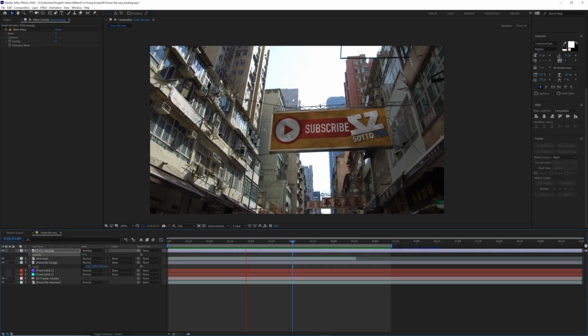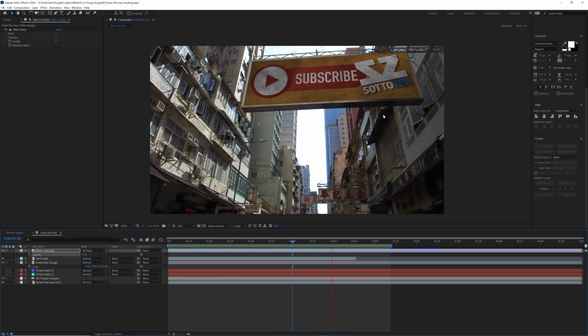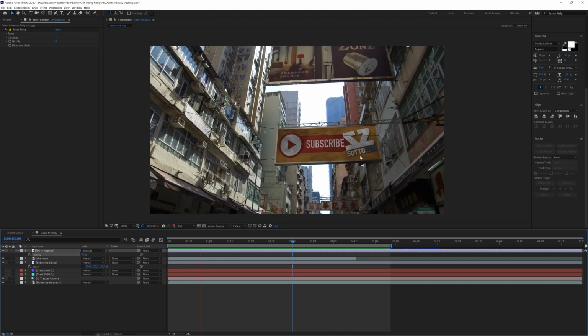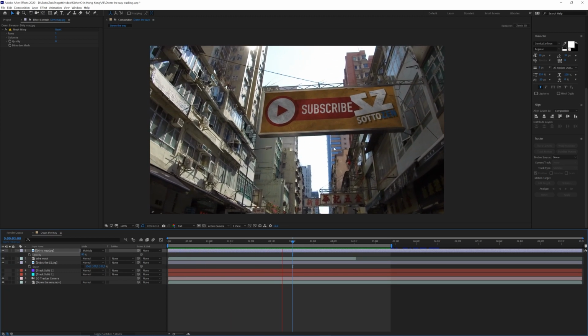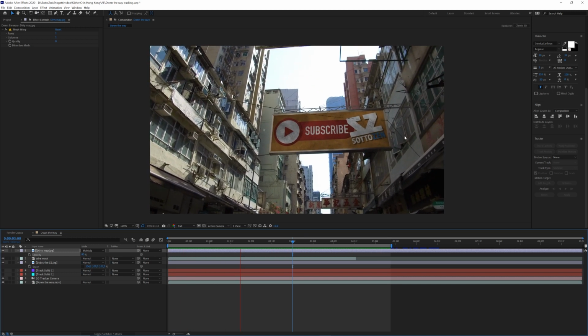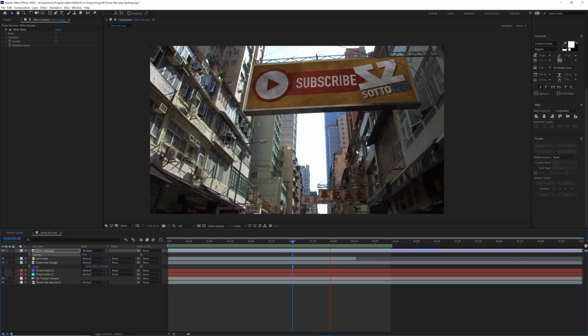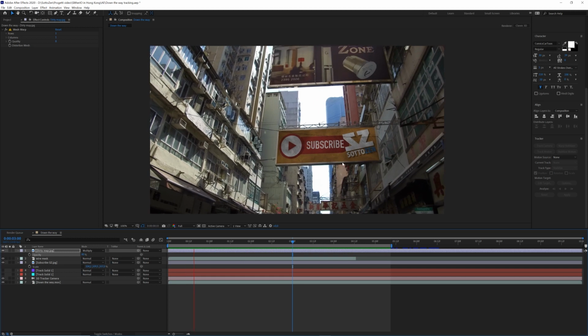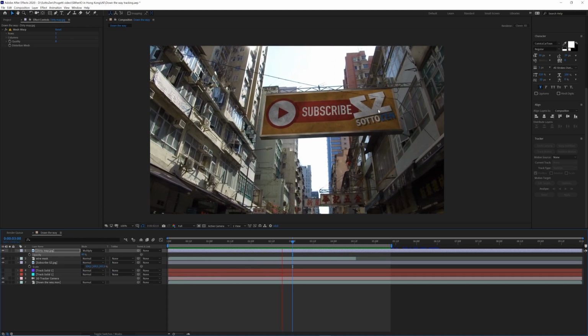Did you guys ever wonder how much an advertising billboard like this one in Hong Kong can cost? Well, I also don't know, but I'm sure it's quite expensive. So if you, like me, don't have a lot of money to spend on things like this, you can follow